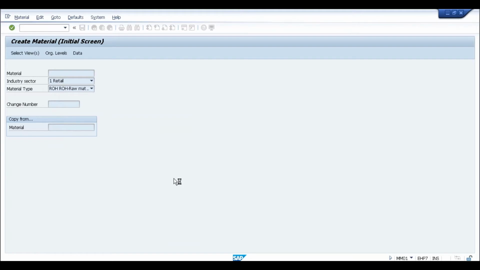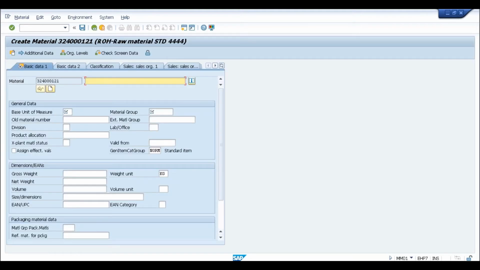While you're doing that, this activation, is it like, for example, if there's a landscape of development, test, quality and then production, do you need to do it at every plant level, or is it transportable? It is transportable. So you cannot do it directly on one particular system. It has to be done through the transport. Okay. So this is again the same thing. I just enter any of this, base unit of measurement the same, and material group also the same.